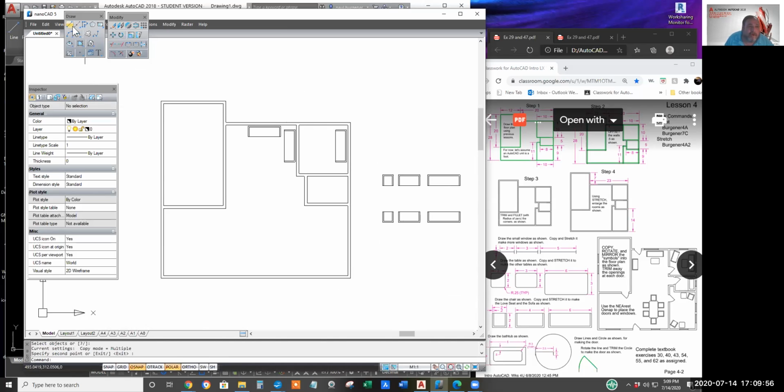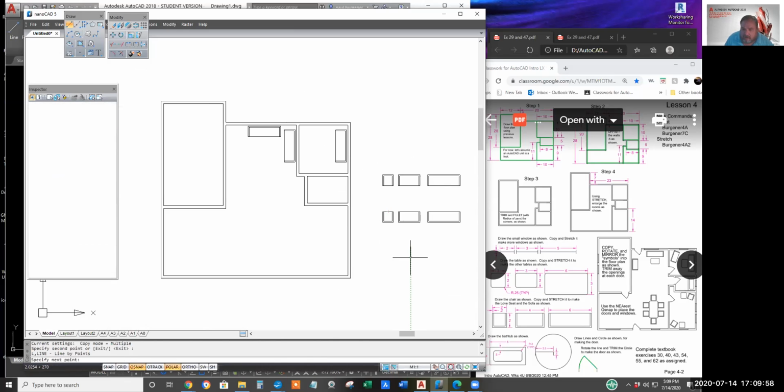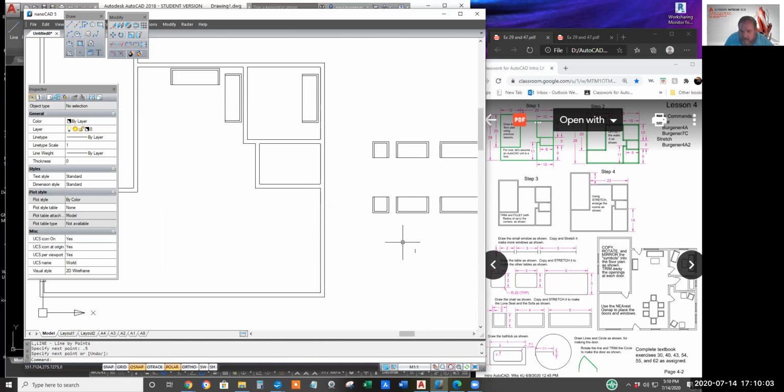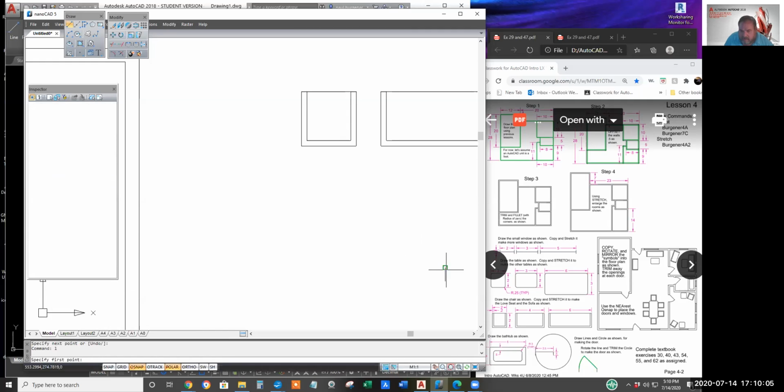In case of the door, we'll draw a 0.5 unit line, draw a 2.5 unit line. I'm sorry, I'm hitting L for line instead of using the icons. 0.5 down, or mirror it.